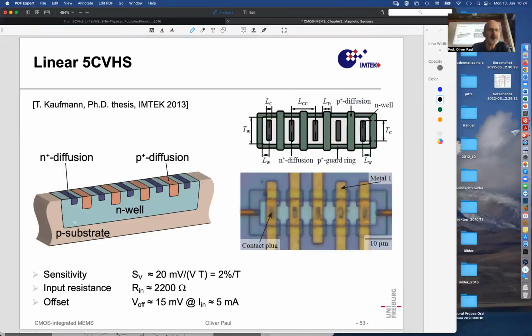It's an N well, a few micrometers deep, 4 or 5 micrometers, in a high frequency, high voltage technology. In this N well you have 5 N+ diffusions. These are the contacts. On top there will be metal, of course, to bring in the current or to measure the voltage. And then there are some P+ diffusions that serve to separate the current flow somewhat, because it would be awkward if the current flew dominantly horizontally, from contact to contact, because that's the nearest distance. The contact will prefer that, and the company said, okay, we would rather have the current flow deeper, vertically,